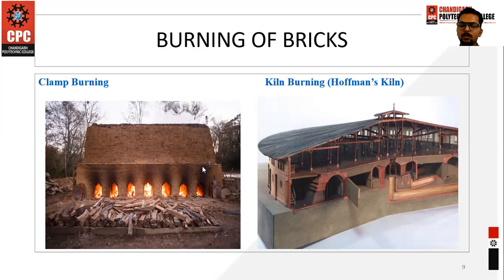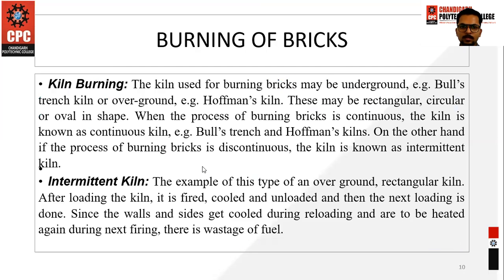Whereas in the case of a Hoffman kiln or a continuous kiln, it is not done. It is a totally permanent structure, and it can be achieved by a normal trolley system के help से you can put your bricks in and get your bricks out from a trolley method. So burning of bricks में, like I said, there are two types, that is a kiln type and clamp burning. Clamp burning I have already mentioned. So in the kiln burning, the kilns are used for burning bricks.